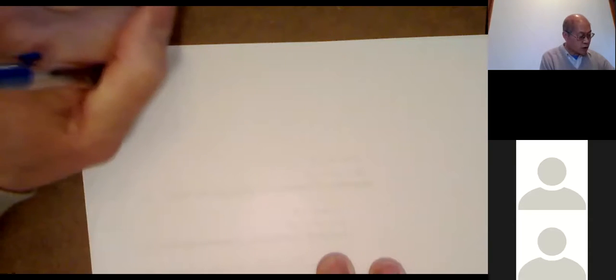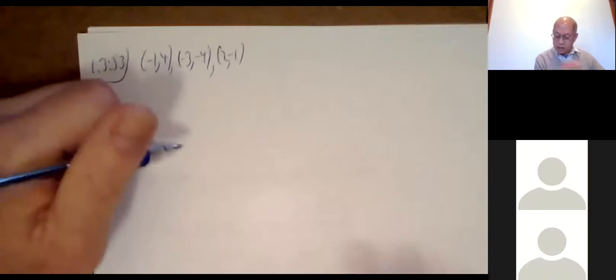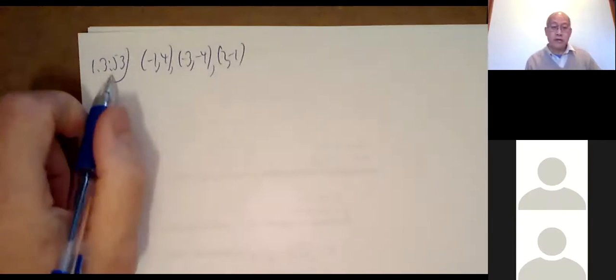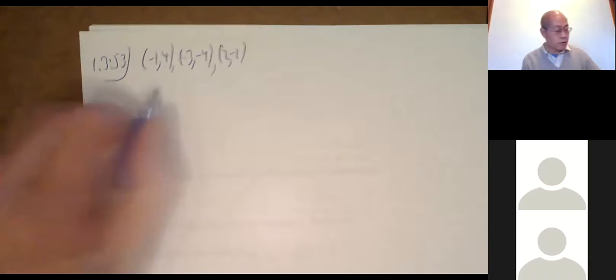So from exercise 51, you have the points negative 1, 4, negative 3, negative 4, and 2, negative 1. So 53 refers you to 51. Find a fourth point so that the vertices form a rectangle when added to the points. Okay, so